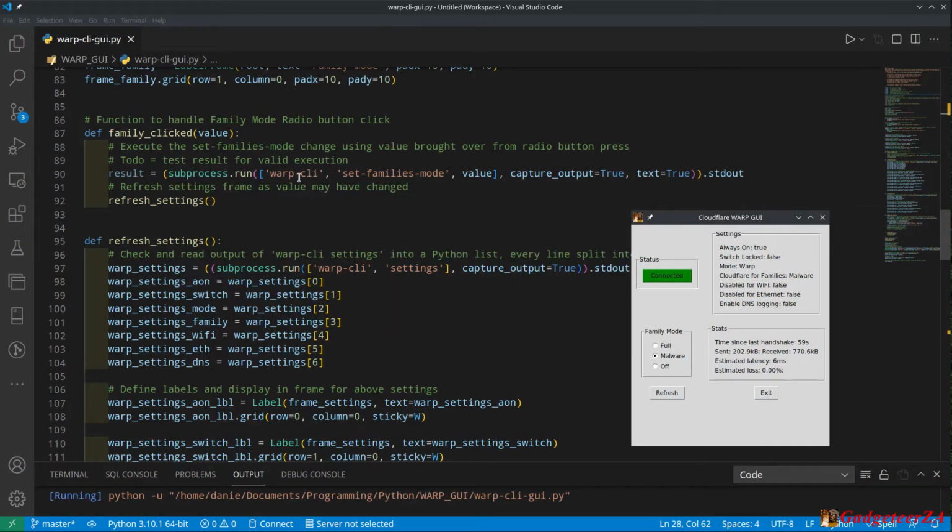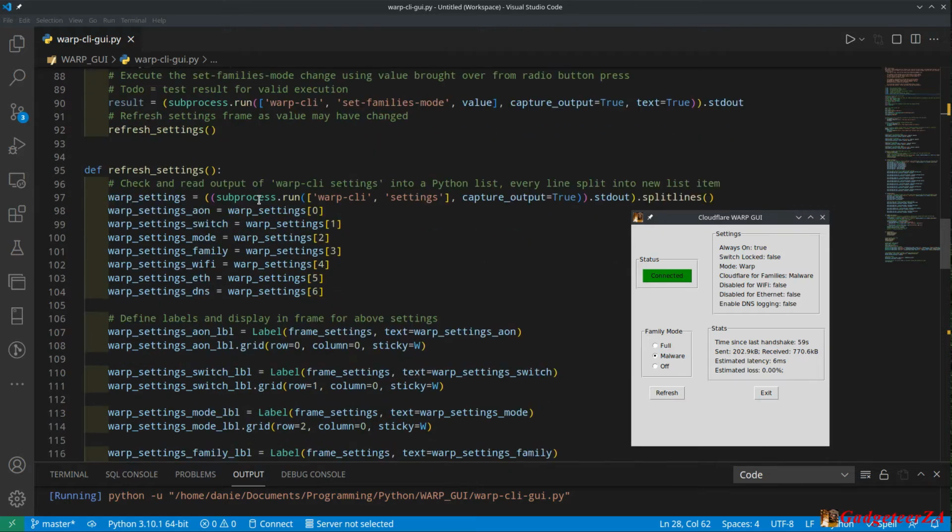Essentially what I'm doing is I'm running the main command. Because it's family mode, I'm already passing that parameter through. And the next parameter being passed will be the value that is returned here. So essentially what will be coming back is the word full, malware, or off. So that will be executing warp-cli set families mode off, or full, or whatever the case is.